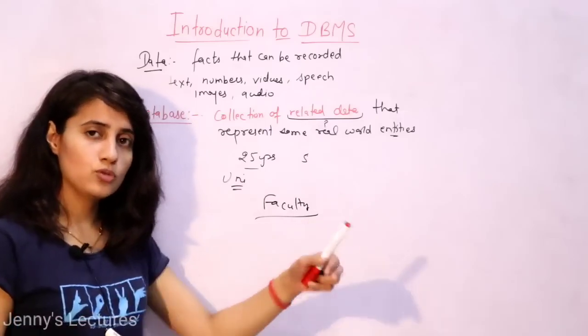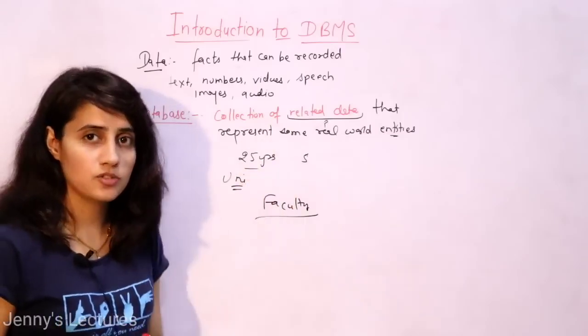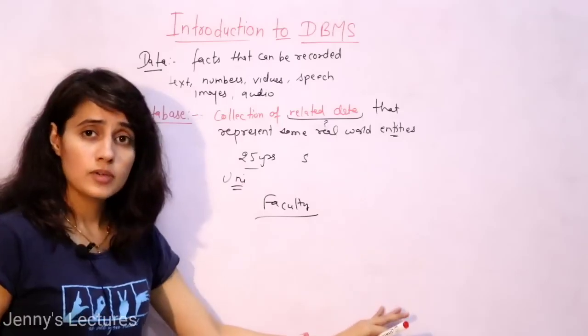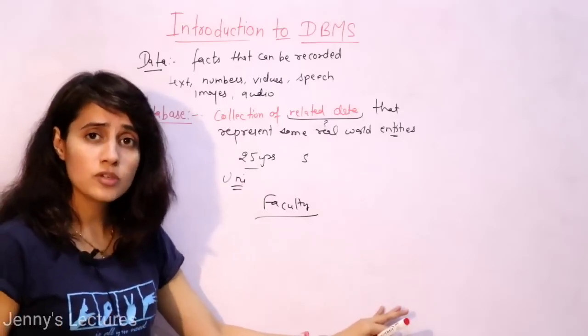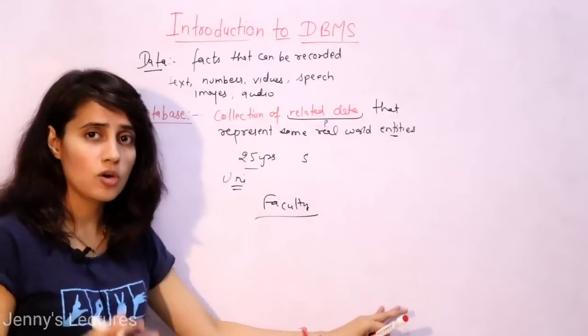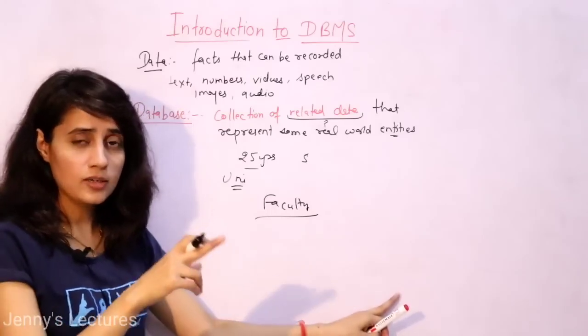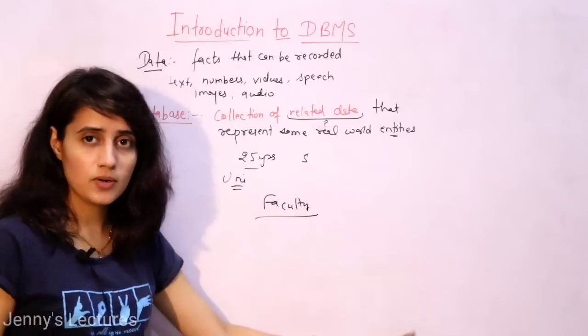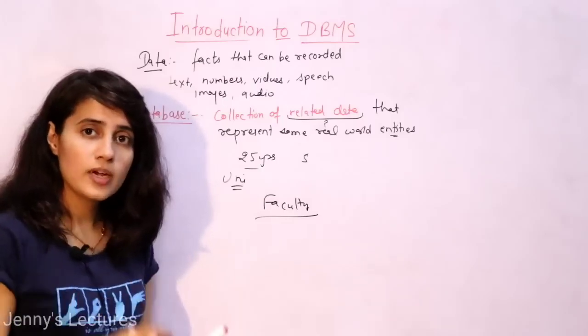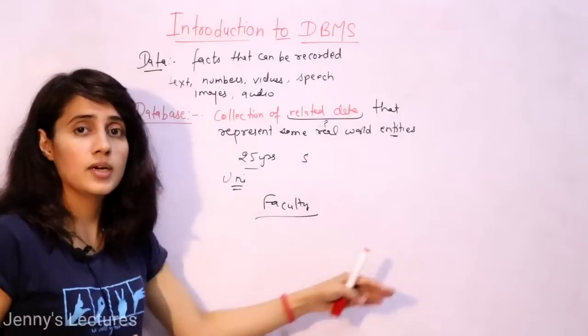Suppose I want to see the faculties of computer science and engineering. There you go to the list or profiles of all the faculties. But suppose someone has left the college, then that should be updated, na. They'll delete that faculty profile from the website, right? If they have recruited some new faculties, then they'll add their profile to the database.